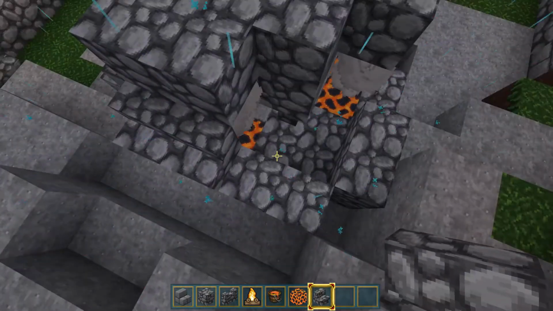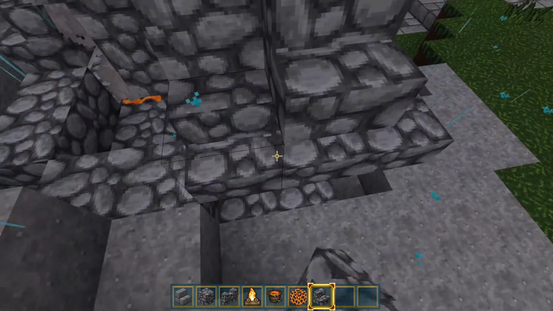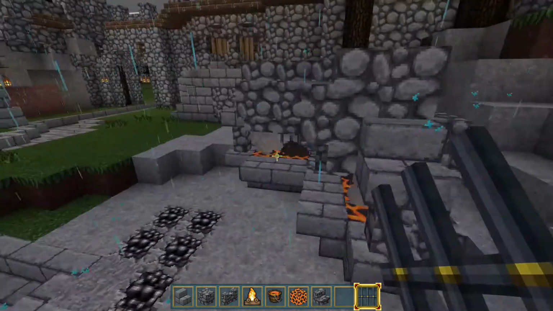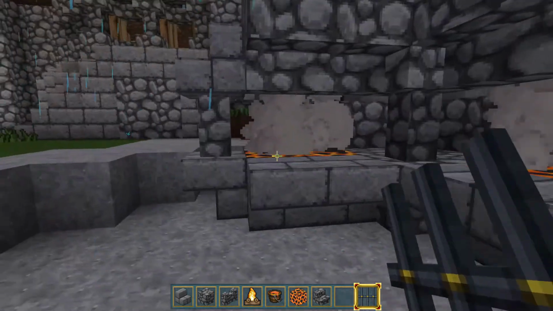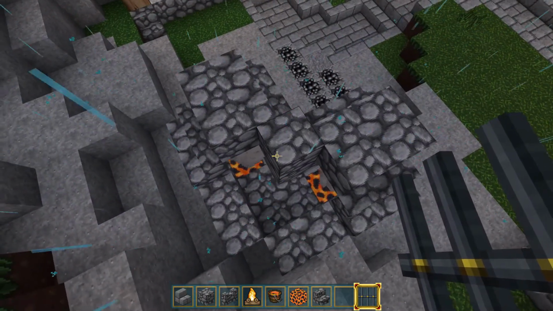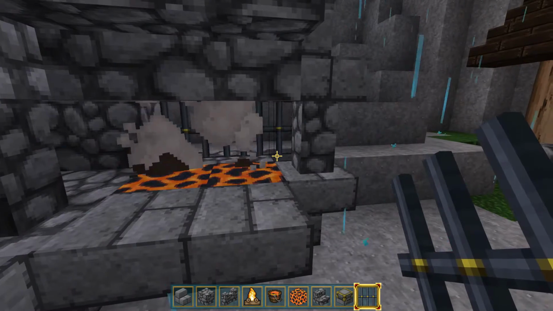Okay, so let's do that. And we'll do the same over here, I think. Let's grab some iron bars. We'll put them like so. Yeah, that kind of works. That works a little bit better. Okay. So now that we have that, let's see here. Going off the visual and what this place is going to be, or is supposed to be used for, let's...